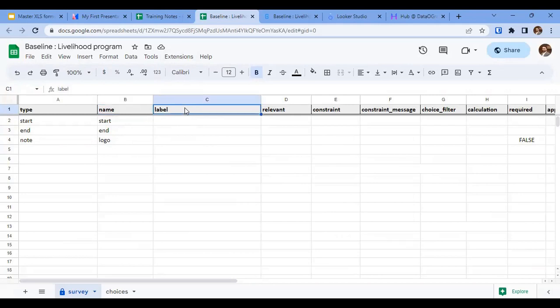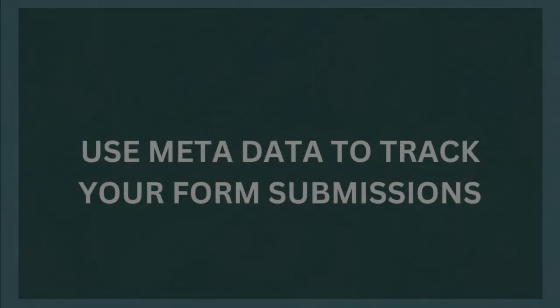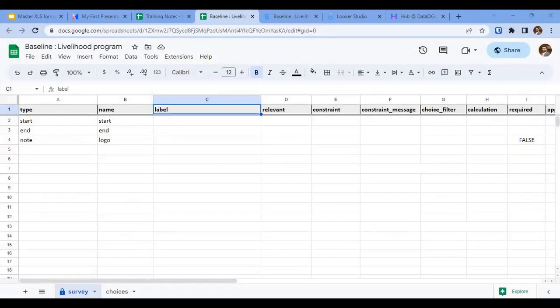Label is what the user sees, name is what is in the backend as a column header. Data is data that is captured in the backend. For example, whenever you are creating an XLS form and rolling it out, a form might be 200 questions, 50 questions, 10, maybe 100. Now, each of them should have an ideal time of completion, because you have field officers, while we want them to behave in a certain manner, there are chances that everybody tries to find shortcuts to